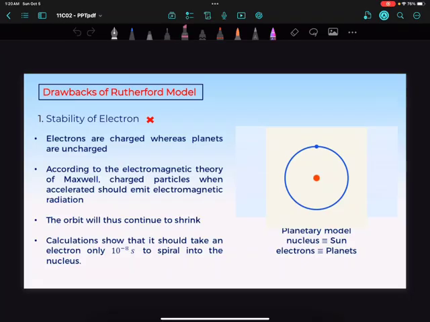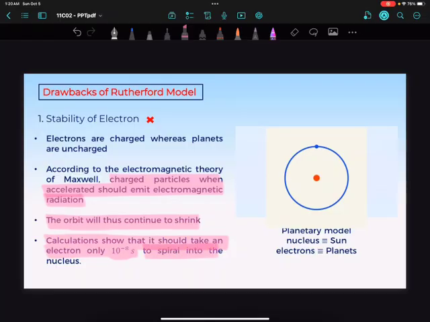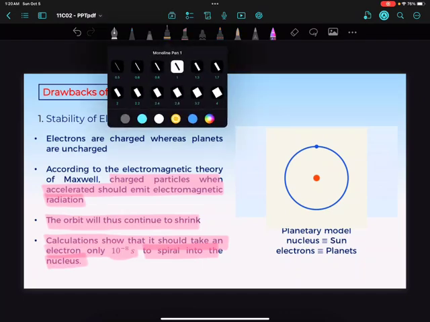According to the electromagnetic theory of Maxwell, charged particles, when accelerated, should emit electromagnetic radiation. The orbit will thus continue to shrink. The calculation showed that it should take an electron only 10 raised to power minus 8 seconds to spiral into the nucleus. For example, to tell you in short,